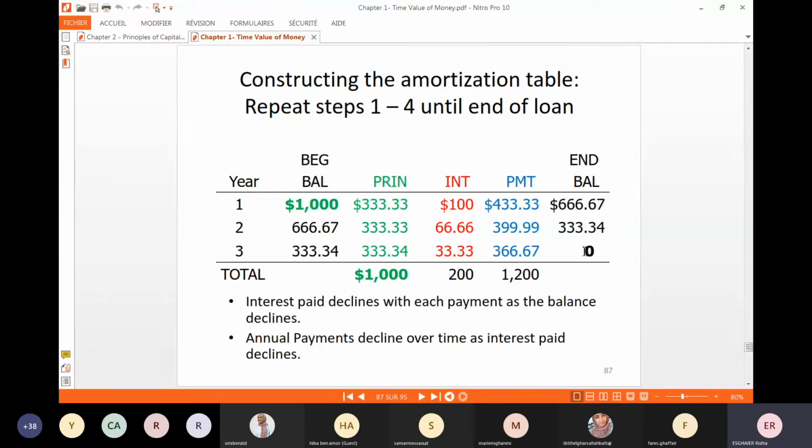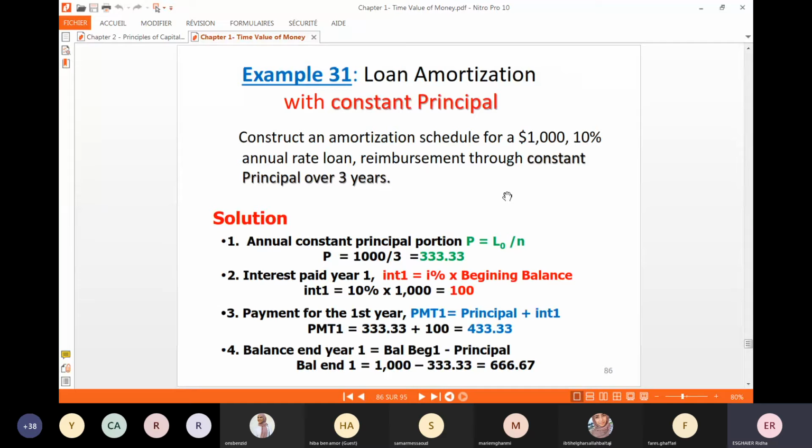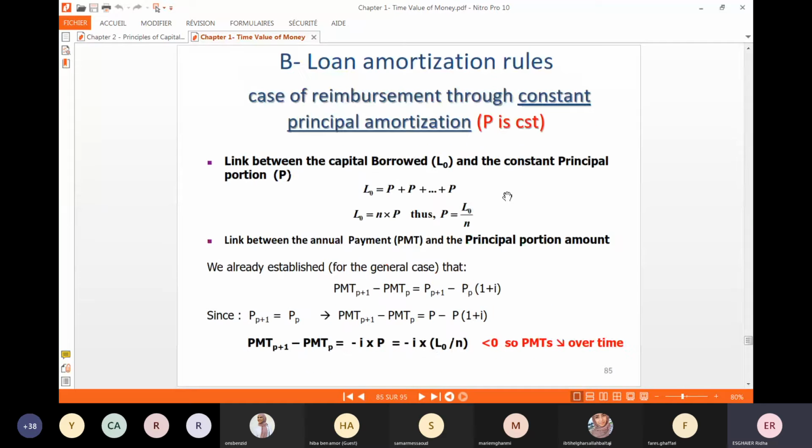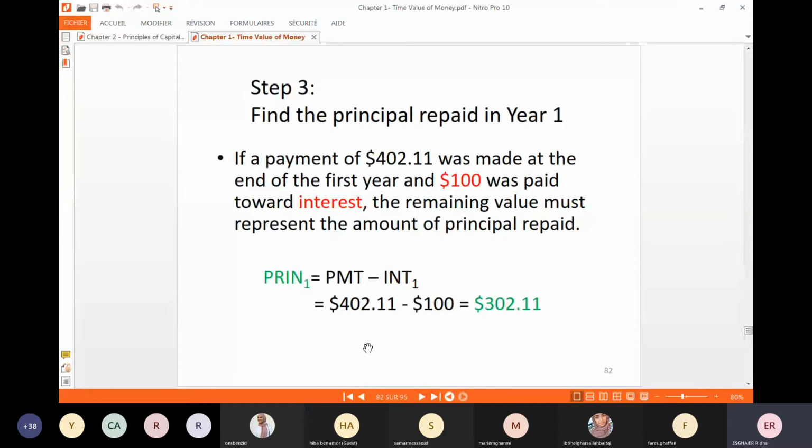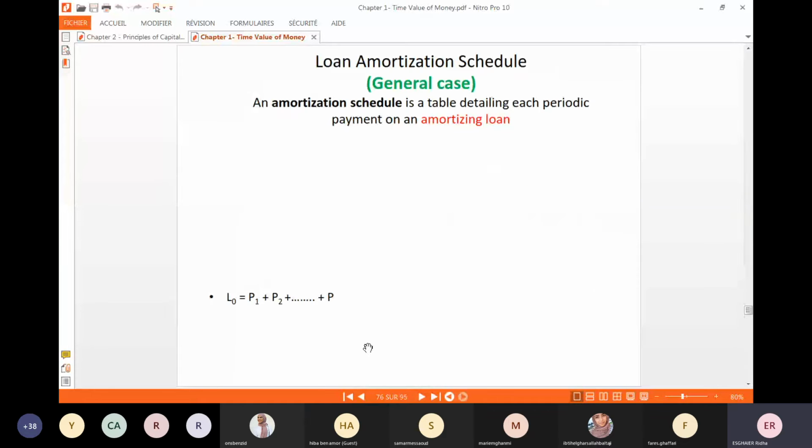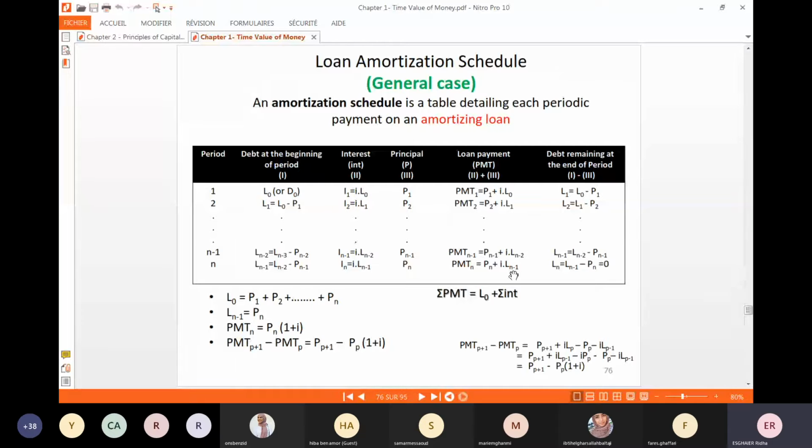You notice here that interests and payments decrease over time. So, this confirms the formula here: between two consecutive payments is needed. Modality of reimbursement. So we examined the case of constant payment and constant principal. The last modality that we will cover in our chapter is constant interest. To get constant interest